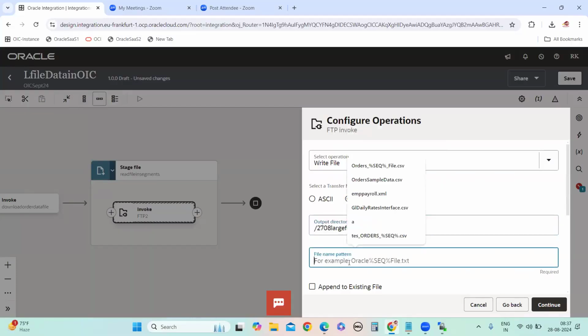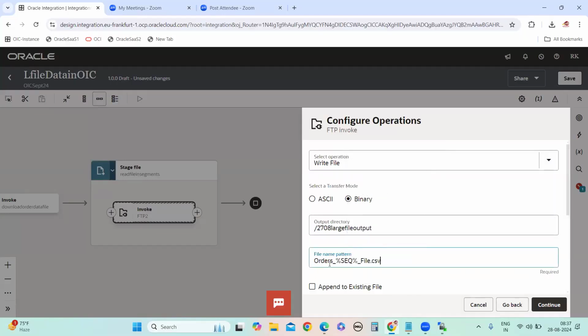File name pattern, guys. You can use this approach: orders, percent SEQ percent. This is the keyword. What will happen is it will print orders_1_file, then on the second run orders_2_file.